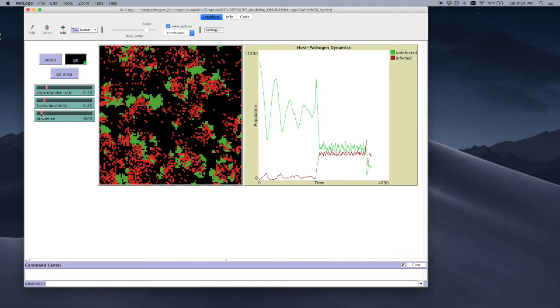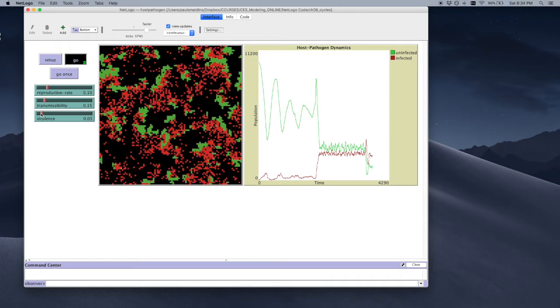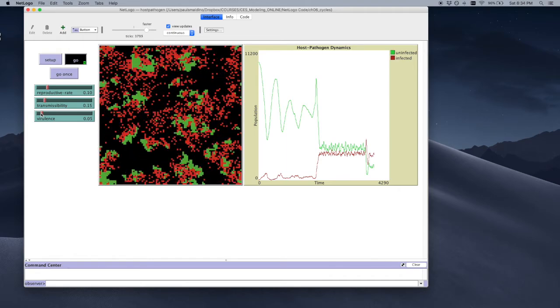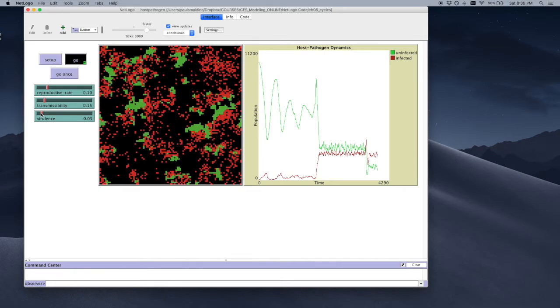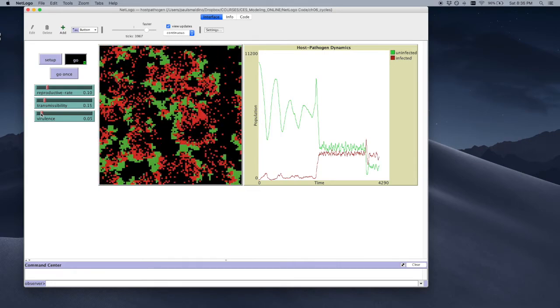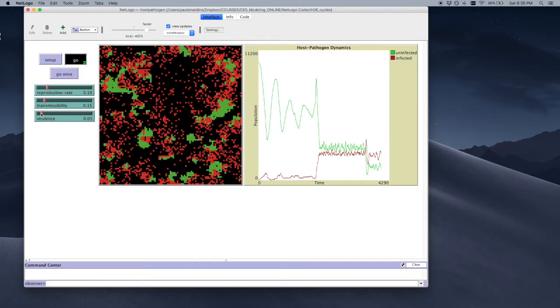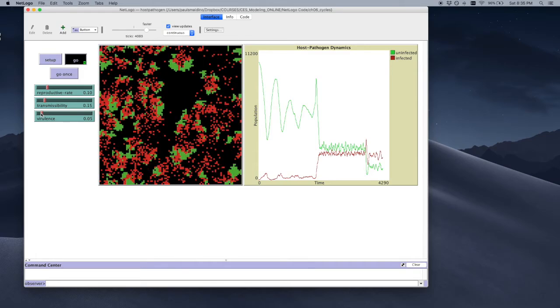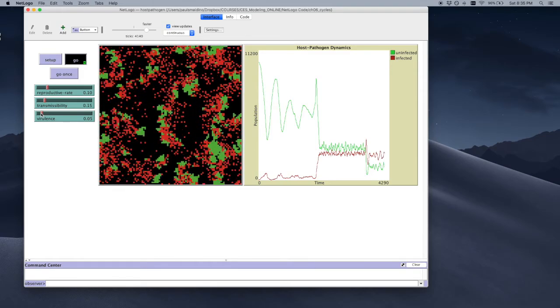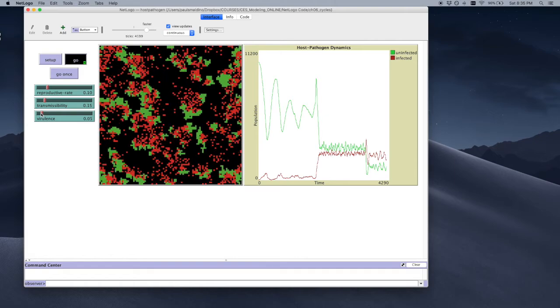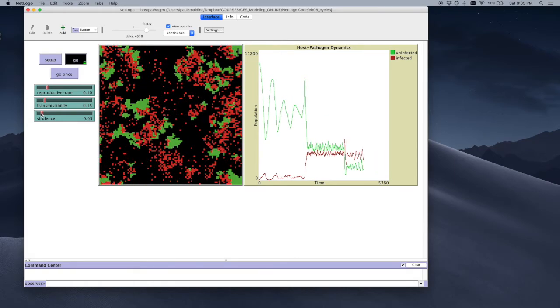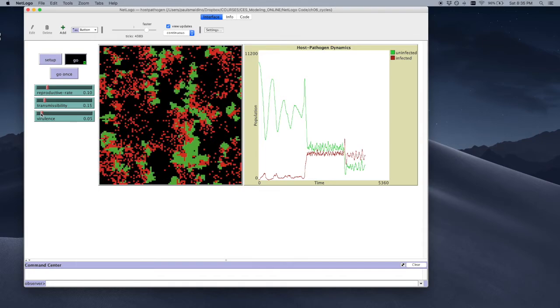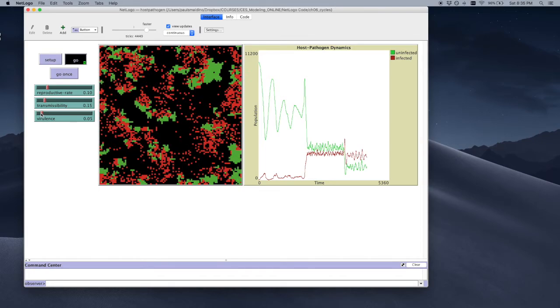When we lower the virulence, the infected hosts now outnumber the uninfected hosts, and the number of empty cells has boomed. There's just way more hosts. Instead of the infection spreading through a healthy population, it looks almost like the susceptible hosts are fleeing the rampaging infection. This happens because the infected hosts don't die off as quickly, but they stick around to infect more of their neighbors, and this actually enhances the spread of the pathogen.